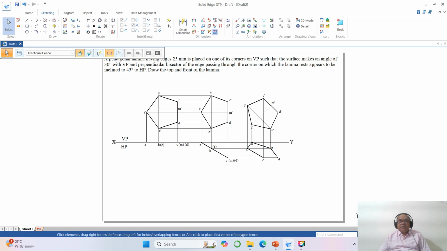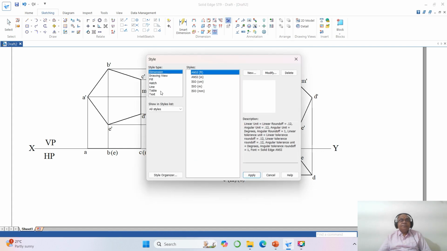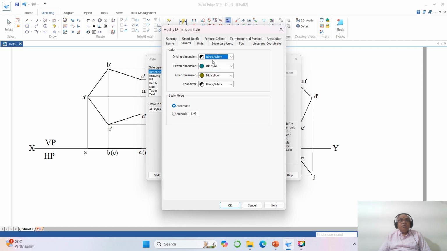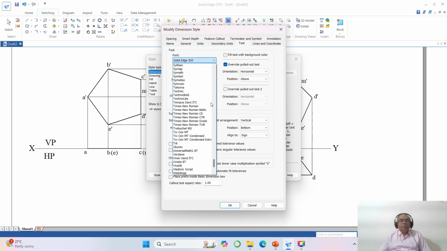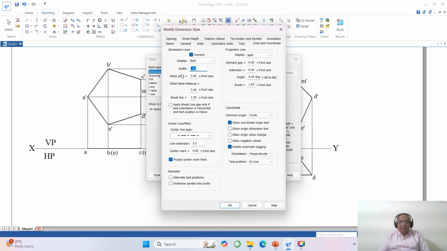Now I need to go for the dimensioning. So to do that, you come down, go to format styles, go to ISO, modify, general, make all these black. Then you come down to text, so come down to Times New Roman, then I have font size 3, then go to lines and coordinate, make this 0.1 and say OK